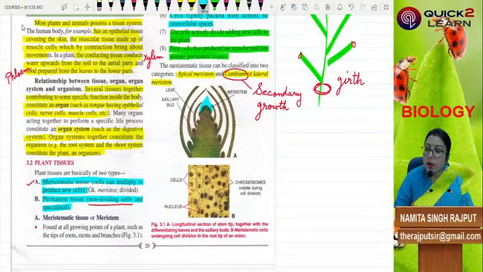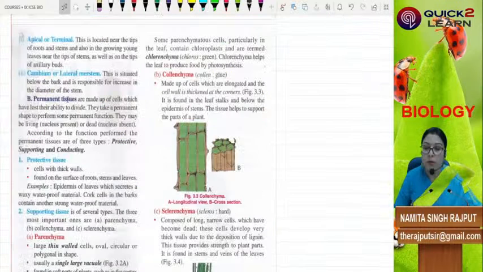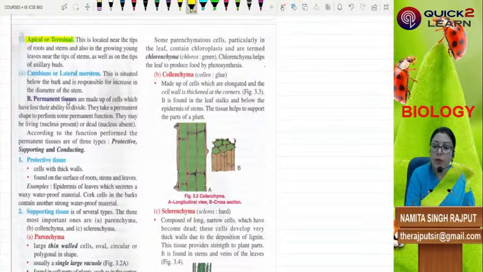So this is the apex. Here also you will find a meristem. Then at all the other tips, wherever there is a tip, like the ending of a branch or the ending of a sub branch, whatever, you will find apical meristem there, and lateral meristem will add to the girth of the plant. Now as you can see here, apical or terminal meristem is located near the tips of roots and stems,